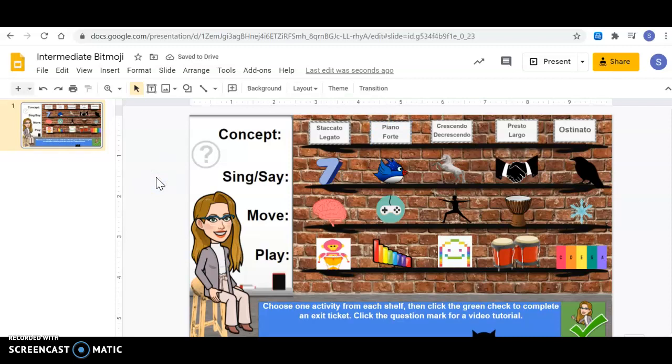It's pretty easy. To add audio, it's a little bit more of a hoop. There's more things to do. You do have an extra step. You have to make sure that before you try to add your audio, that the audio is already uploaded to your Bitmoji classroom. So I'm going to click Insert,